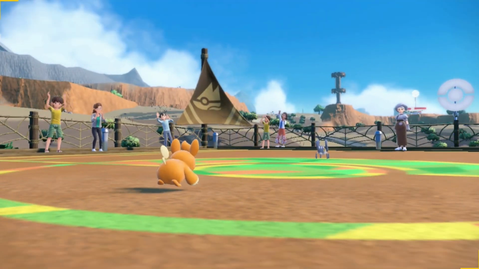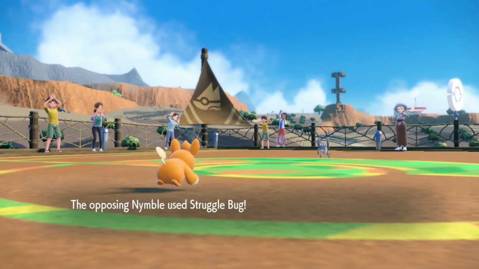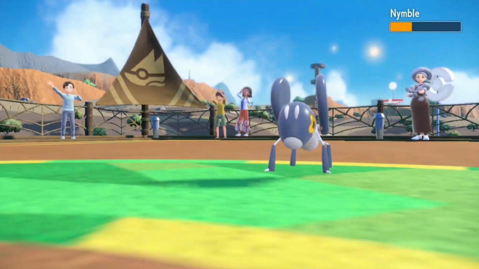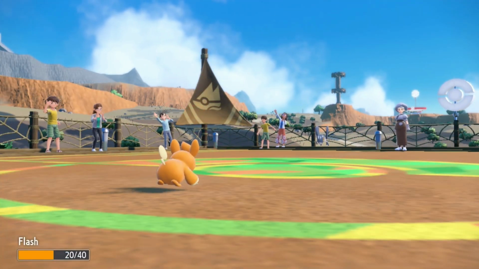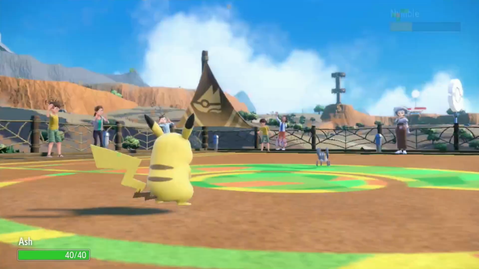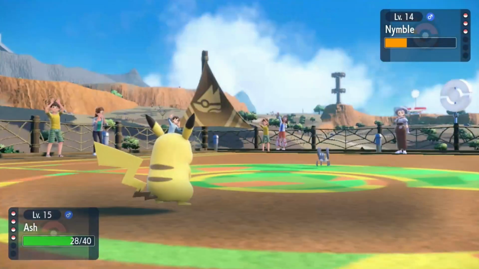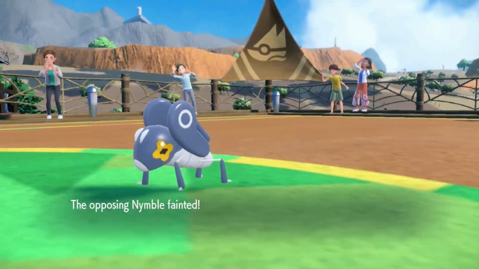I lead Flash against Nimble, but without a physical electric type move, we're looking at a 3-hit KO from Thundershock. After 2 and a crit double kick from the bug, I swap into Ash, whose special attack immediately gets lowered. Thanks to the held Wise Glasses, our Pikachu's Thundershock is still strong enough to pick up the knockout, bringing in